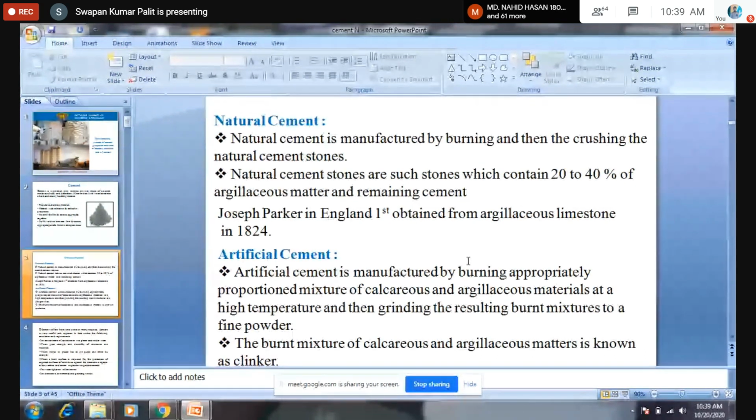A calcareous and an argillaceous material. These two, in a proportionate mixture, 1:3, at a high temperature, then grinding. Okay, this burnt mixture of calcareous and argillaceous matter is known as clinker. Argillaceous and calcareous matter